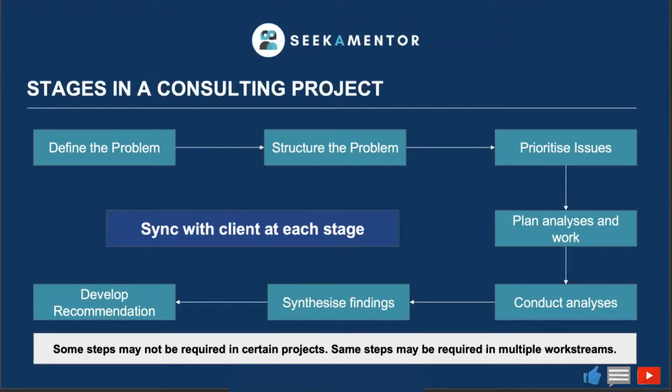So definition of the problem typically is agreed with the clients by the senior client leadership, which is say the CXOs on the client side, in interaction with the partner and the engagement managers on the consultant side. Thereafter, the structuring of the problem is what the EM or an associate together would sit down and do. And sometimes the EM does it to the extent of breaking down the problem into work streams, which the individual associates can take on. And then the cross-pollination of information, the structuring of the problem on a daily basis, and breaking down the amount of analysis required, that is something that the associates themselves would be expected to do.